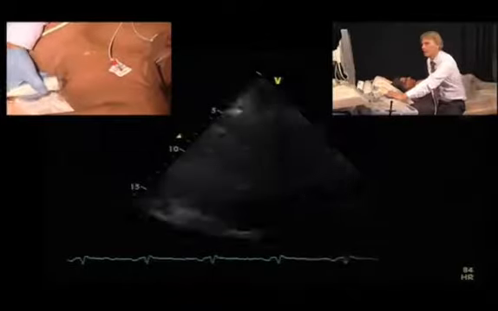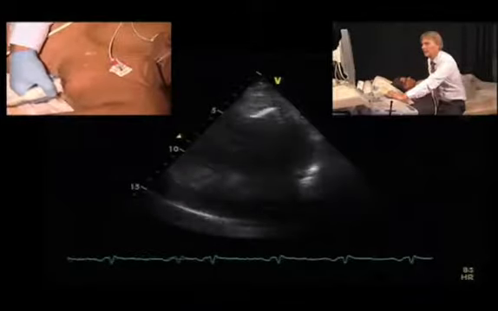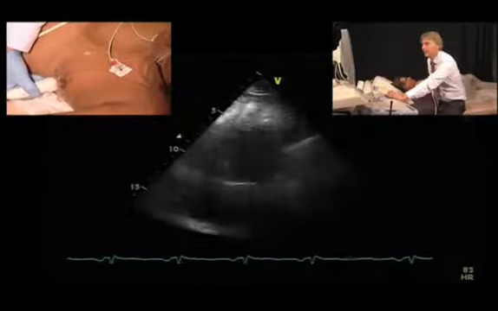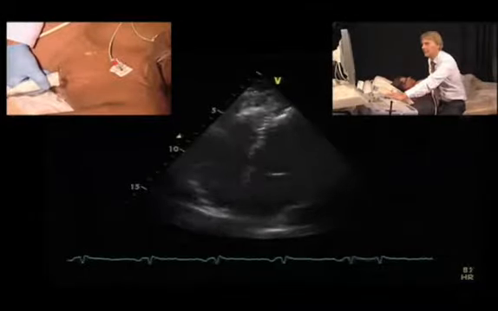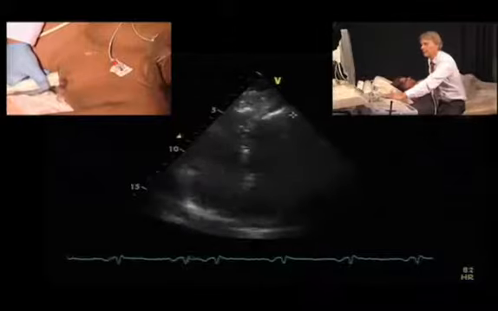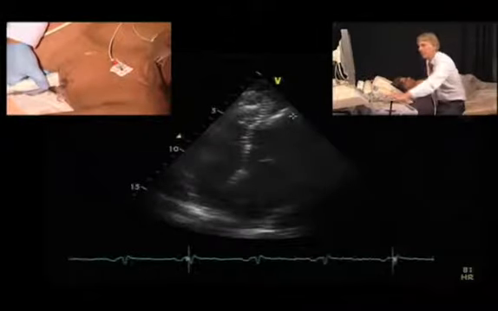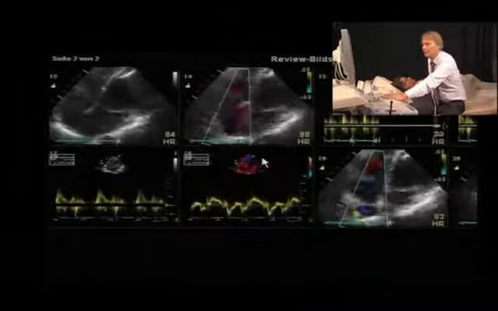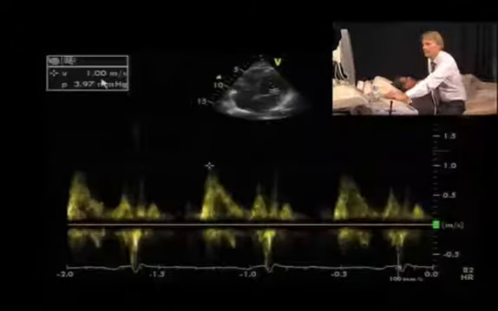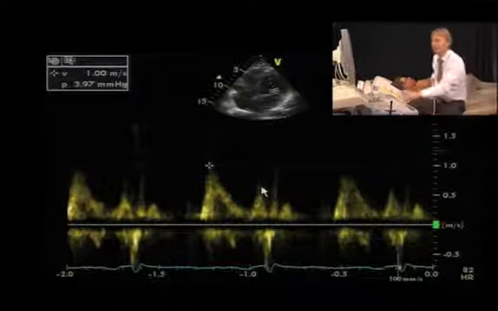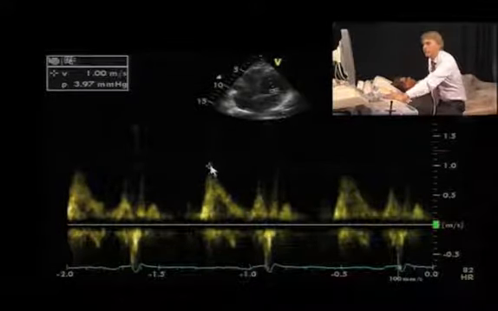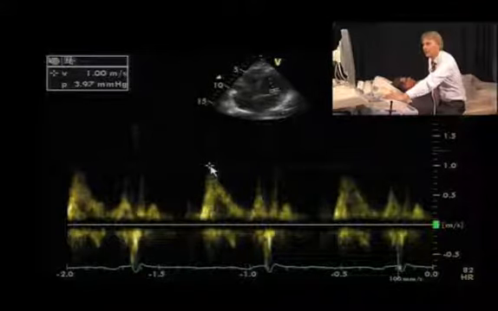First, we will have to look at the Doppler spectrum across the mitral valve, which is not easy in this patient simply because he has shadowing of the mitral valve due to the infiltrates that you see up here. So I will show you the pre-recorded Doppler spectrum. And what we see is an E wave which is taller than the A wave. And the question now arises, is this normal function or does the patient have pseudonormal function?